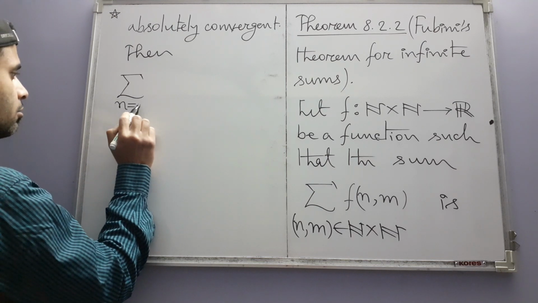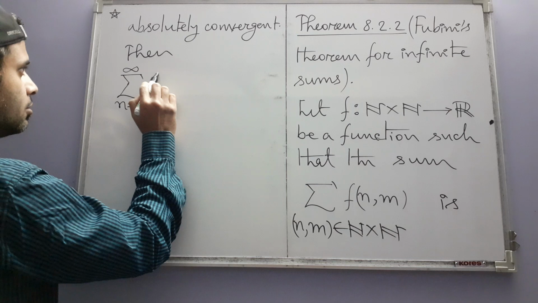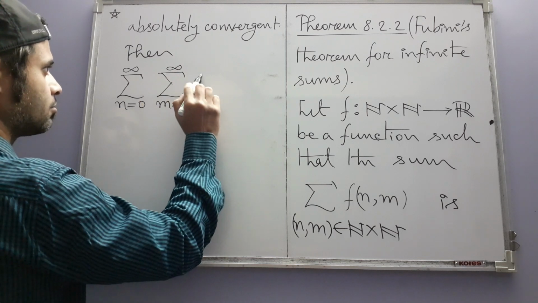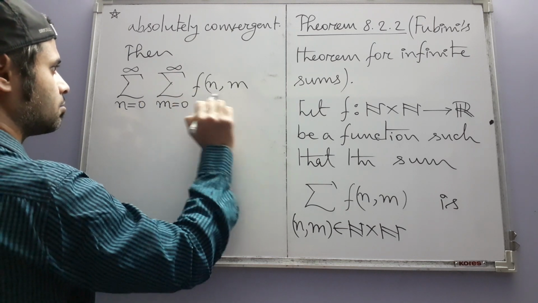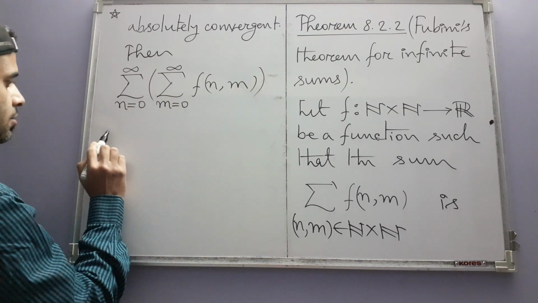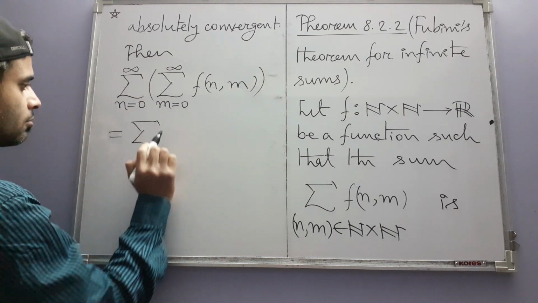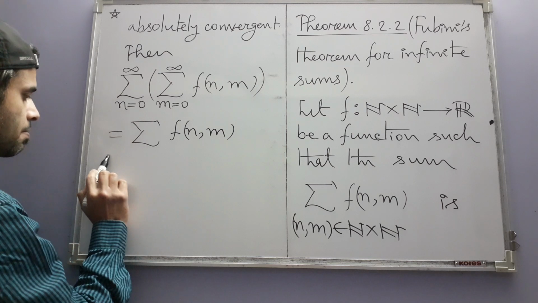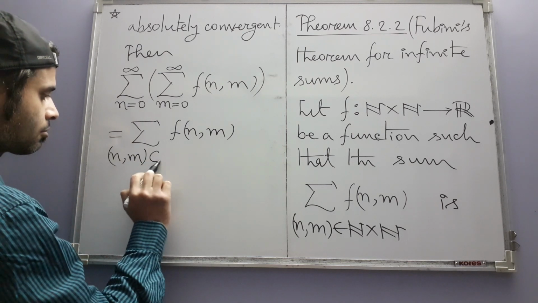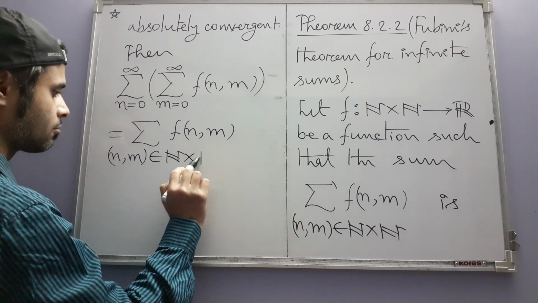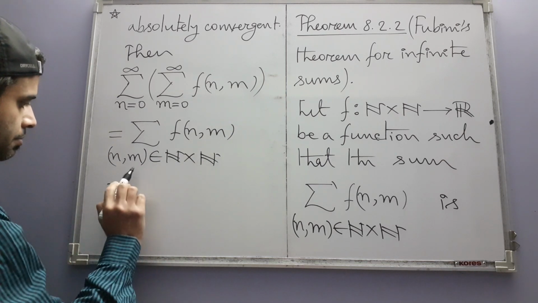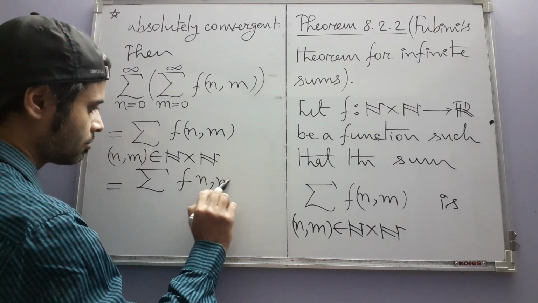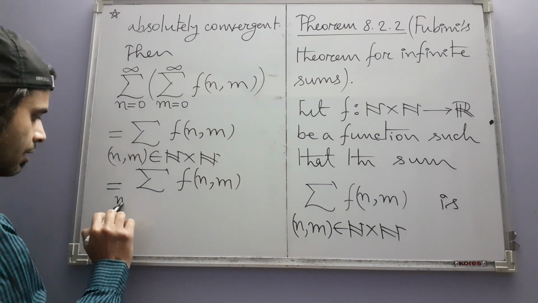Summation n varying from 0 to infinity, summation m varying from 0 to infinity, f of n comma m is equal to this sum, which is equal to summation f of n comma m, where (m, n) belongs to,